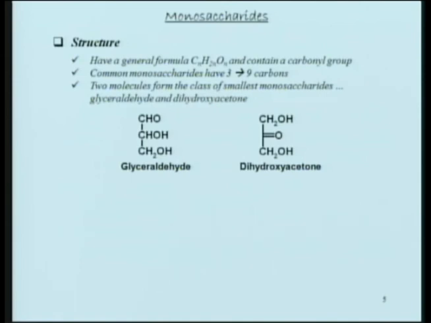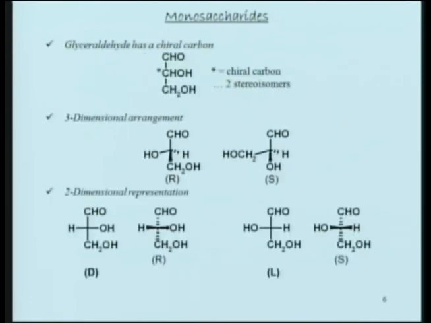Notice glyceraldehyde has that particular carbon which is a chiral carbon, right? So you all know what is a chiral carbon. Yeah? When you have a chiral carbon, there are 4 different substituents attached to that carbon, and therefore that can exist in 2 stereoisomeric forms. So these are the 2 stereoisomeric forms. You can have an R form and an S form, right? And the R and the S is what type of nomenclature?